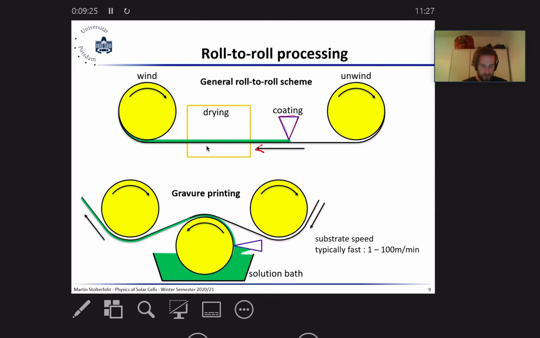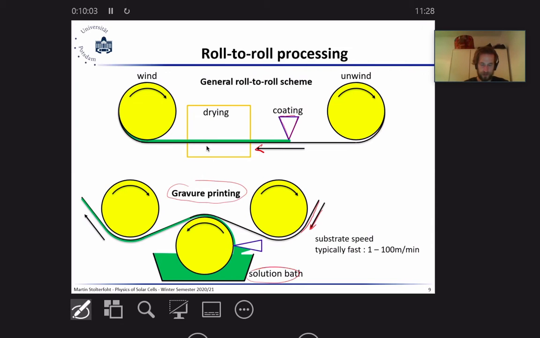This would be another possibility where there are multiple rolls. It's called gravure printing, where the material is put onto the film that rotates around onto the foil. So this can also be applied to flexible foils, because we have no high temperature processing. So you can make flexible large foils, and they are coated from a solution,